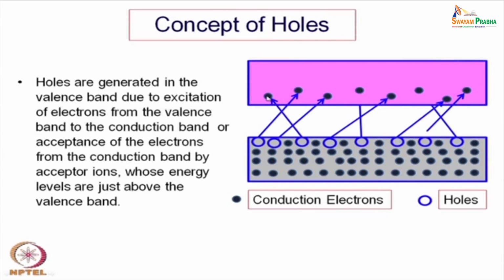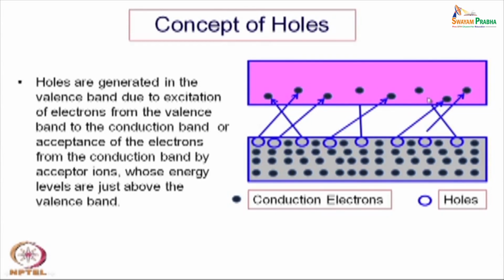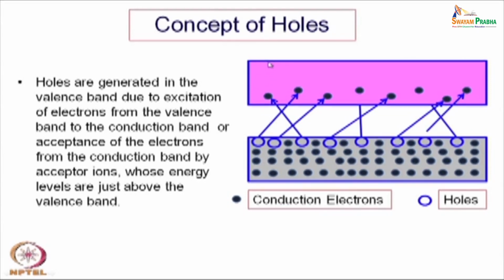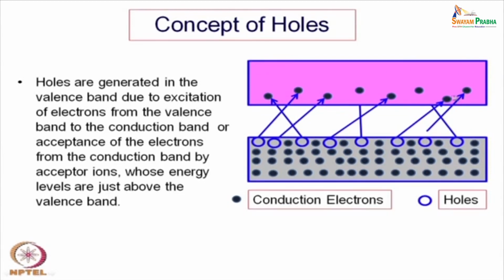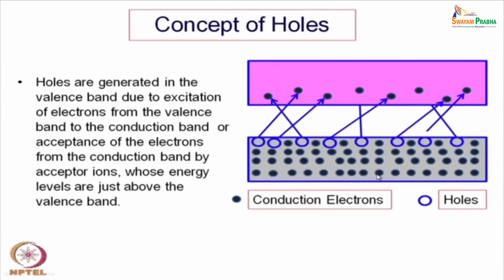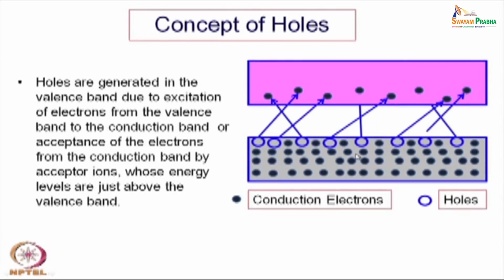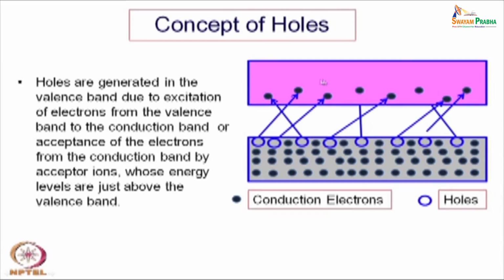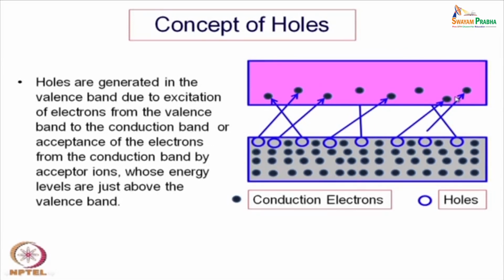So, for our purpose, we will see the less number of electrons have jumped over to the conduction band. This is the conduction band. It was originally empty, let us say at lower temperature or close to absolute 0. These energy sites are available, but they were not occupied by the electrons. All the electrons were in the valency band, right. Now, with increasing temperature, maybe that is one of the ways to excite. There are other ways to excite also.